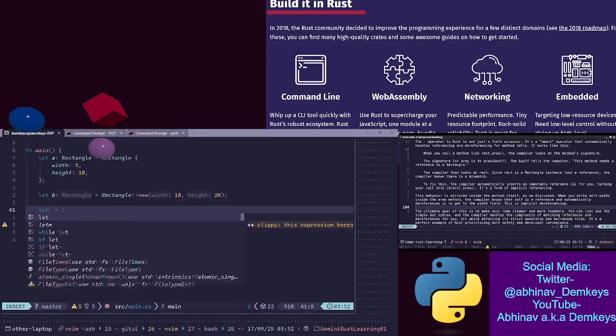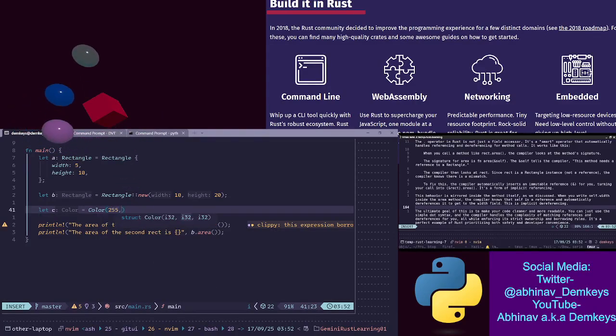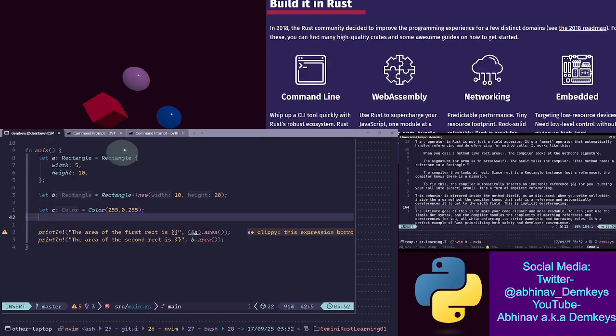So C equals color, and I don't know, let's do 255. I don't know, let's do magenta. Not like it makes a difference.